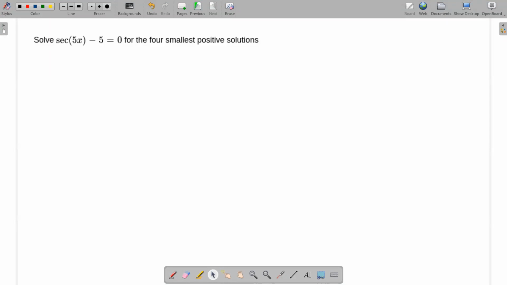Secant. Okay, what do I remember about the secant? Secant is 1 over the cosine, remember? Identity from way back. And I'd much rather play with sines and cosines. I'm more familiar with them. So I could rewrite this right here as 1 over the cosine of 5x